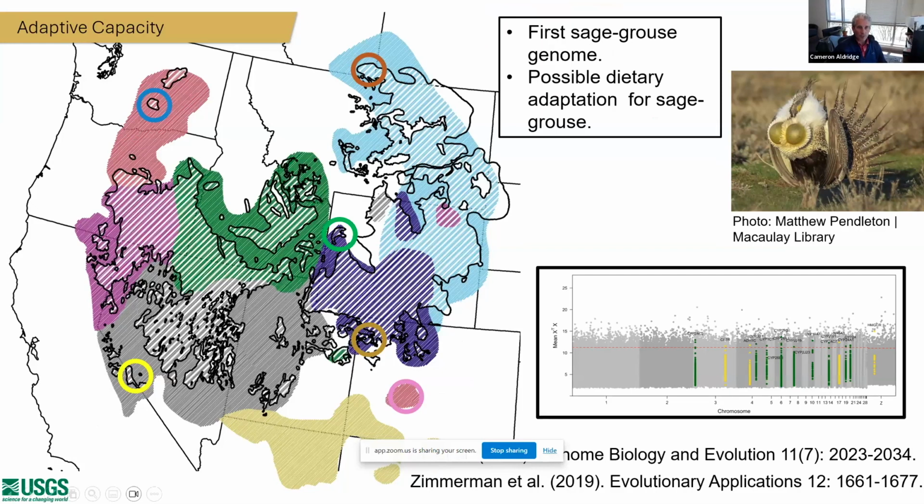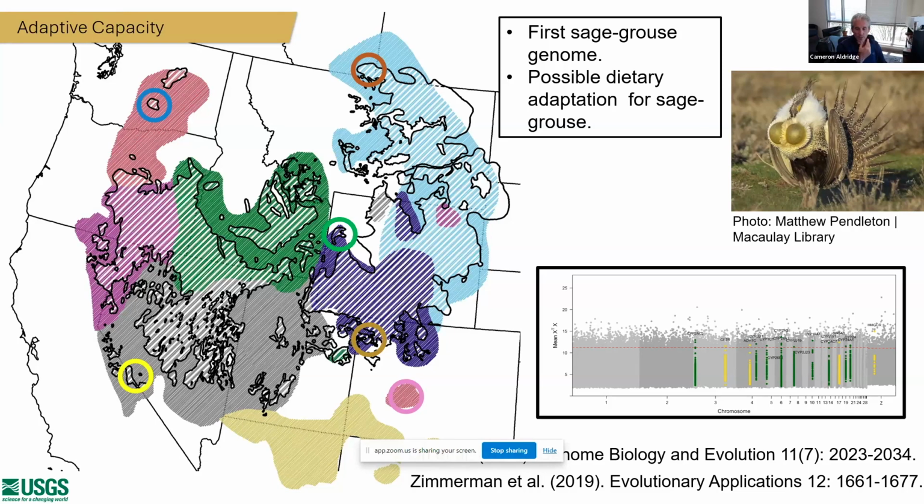Kevin O was the first to lead work specifically looking at the questions of divergence among toxins and tolerance genes across the sagebrush distribution. He developed the first sage grouse reference genome, for greater sage grouse and Gunnison sage grouse. And Shauna has since expanded on this work, but originally we found there's strong divergence associated with the cytochrome P450